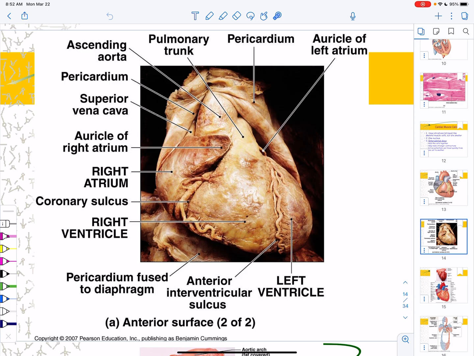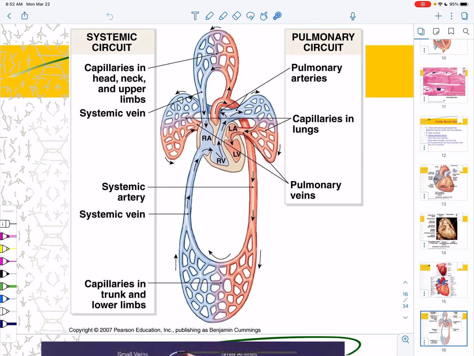Okay, so the right side goes towards the lungs. So when I look at this diagram right here, I'm going to see that the right side of the heart goes out that pulmonary trunk and it's on its way to the lungs, and it goes both ways out the top of the